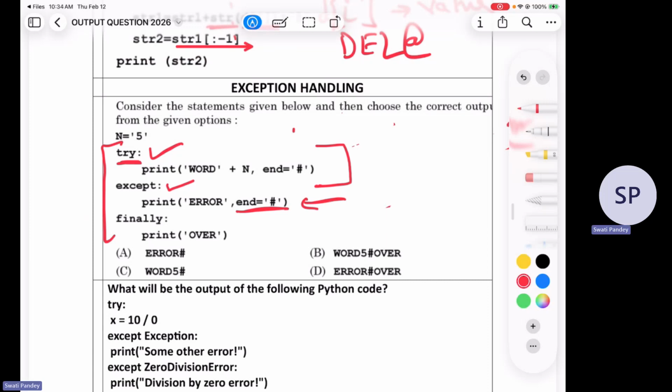And then you're saying this finally. Finally means what? Whether an exception has occurred or not occurred, whether except has been executed or not executed, the finally block is going to be executed. Okay, it is going to be executed, and then you get the result. Now, if I look at this code in particular, what I see is